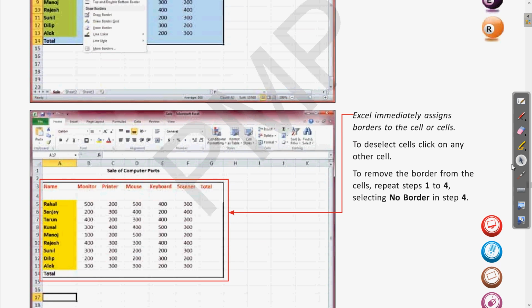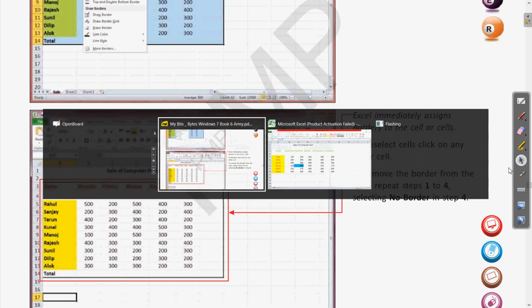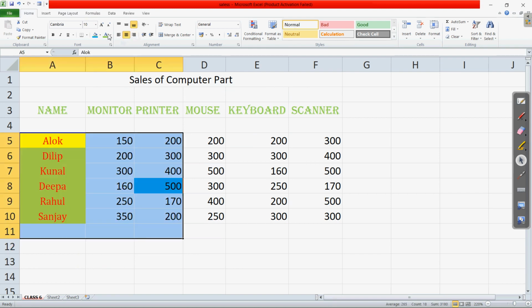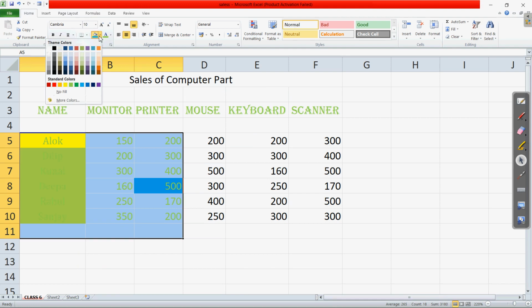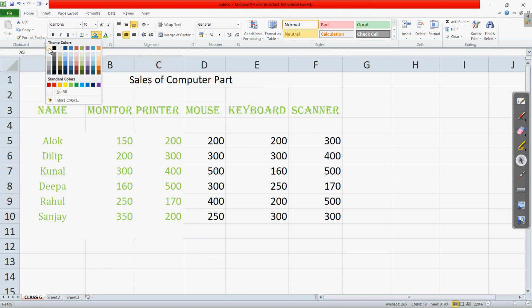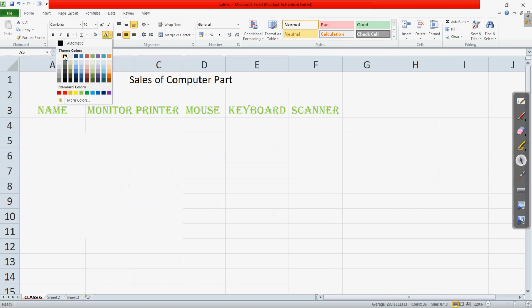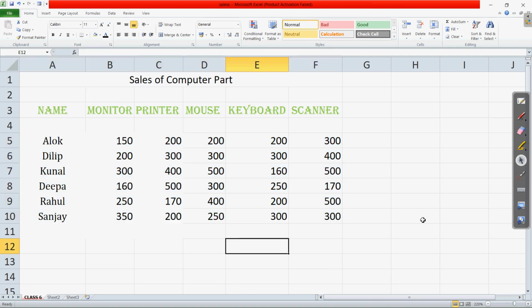Now let us also do this. If we come to our example, let us change the color of this so that it will look okay. So this was the black color and others were. Suppose we want a border for the whole table.